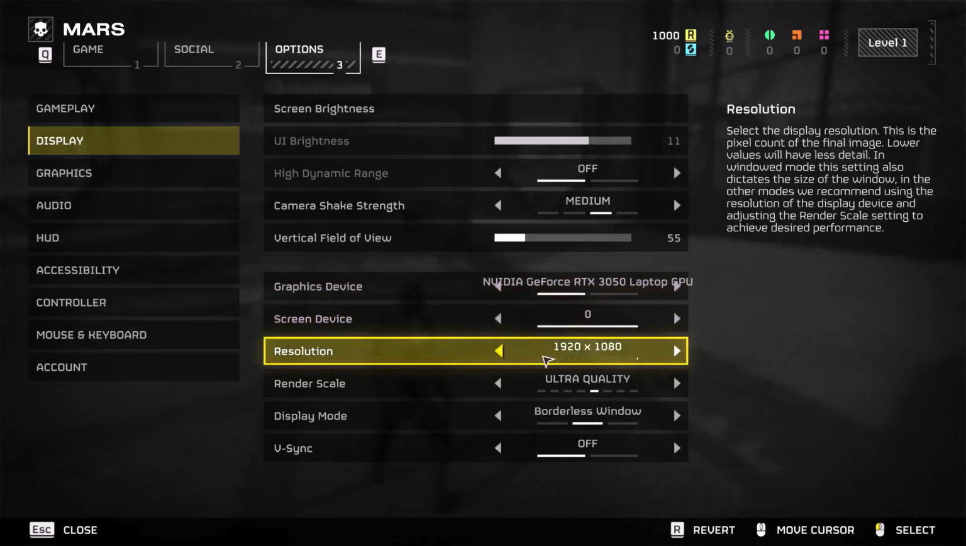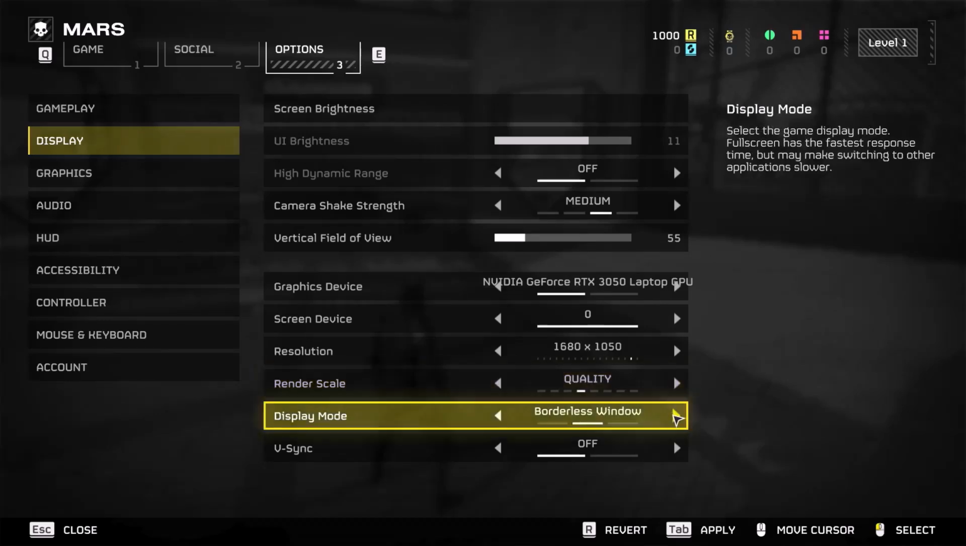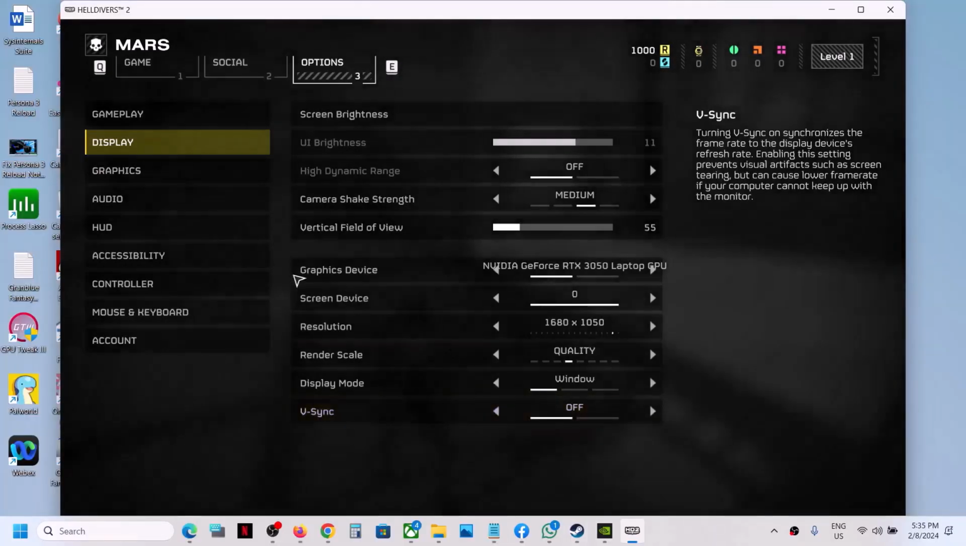Now over here, if the resolution is set to 4K, you can try 1920 into 1080p. You can even lower down more. Now if render scale is set to ultra quality, you can set it to quality. I will set it to quality over here, and you can switch to window mode. Turn off VSync. If the VSync is on, turn it off, and then apply the settings, and then go